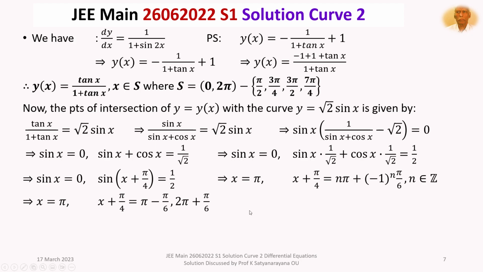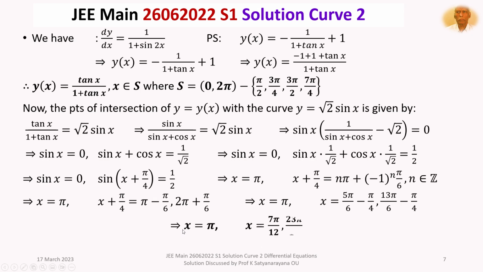Now solve for x. So this is x is equal to pi. X is equal to pi minus pi by 6, that is 5 pi by 6, minus pi by 4. And 2 pi plus pi by 6 is 13 pi by 6, minus pi by 4. And simplify. X is equal to pi, x is equal to 7 pi by 12 and 23 pi by 12. These are the x coordinates of the points of intersection of the solution and the given curve y is equal to root 2 sine x. And the answer,